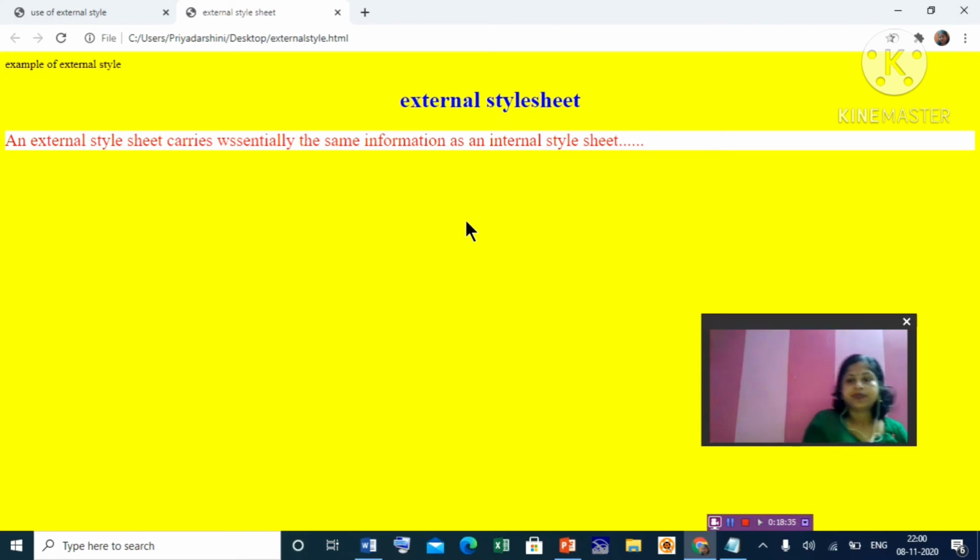When we see our output, this is our heading, External Style Sheet, this is the first-level heading H1. Then this is the paragraph, where the background is white and the text color is red. You just compare it.